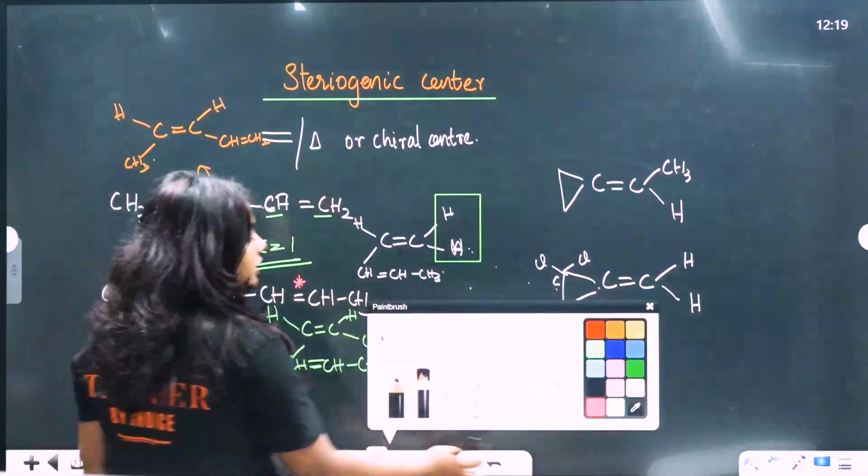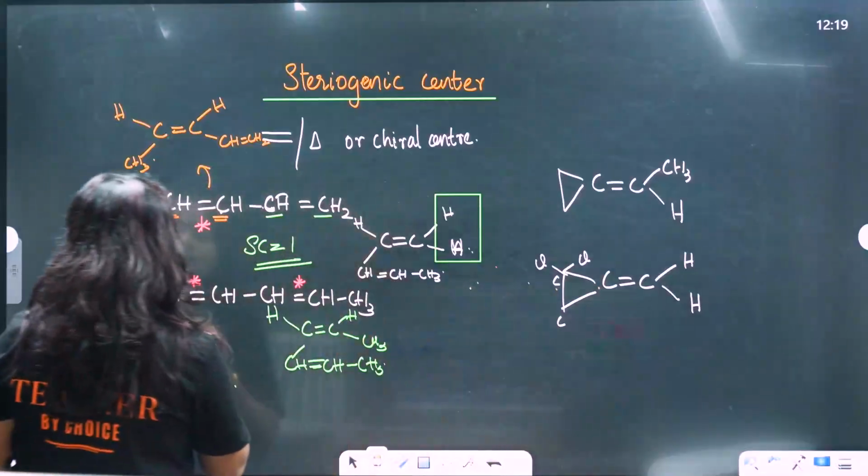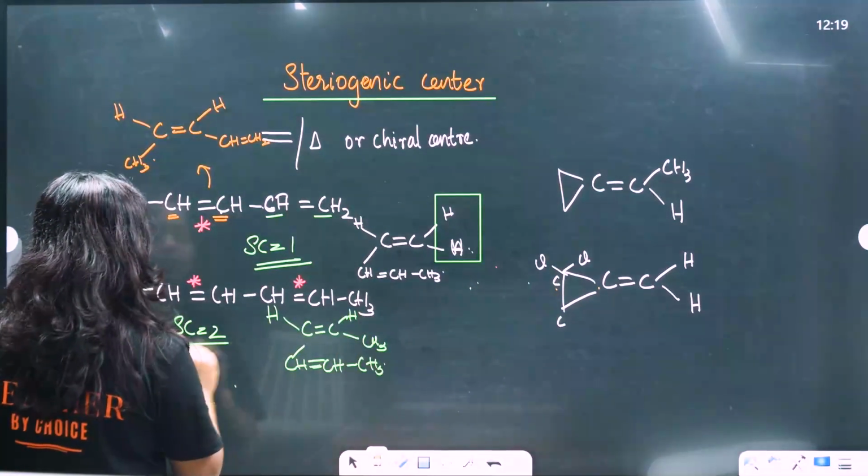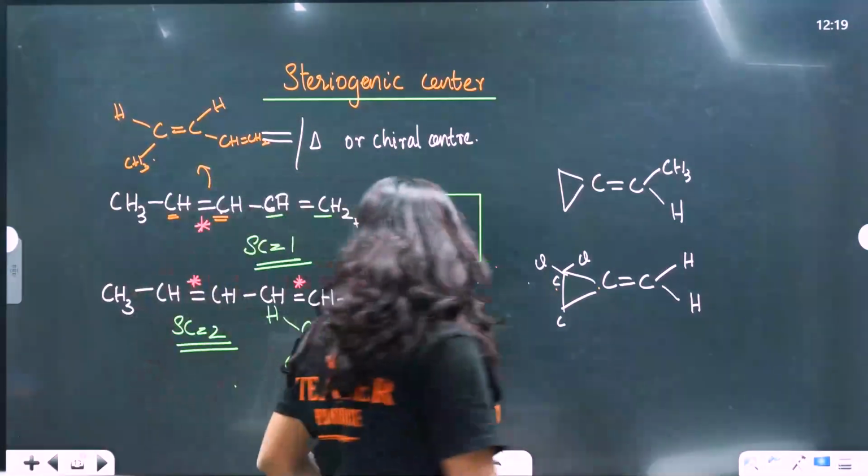So here we can see how many stereogenic centers are there for this compound. Stereogenic center is equal to 2, ma'am. Clear everyone? Clear? Next one